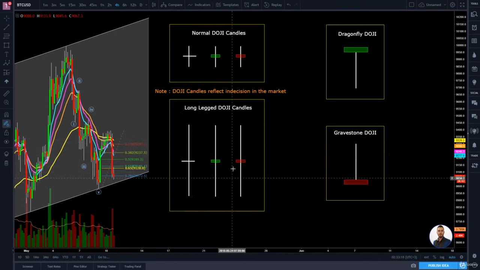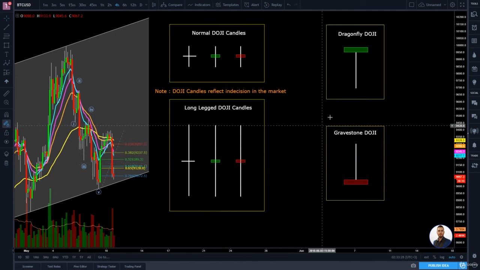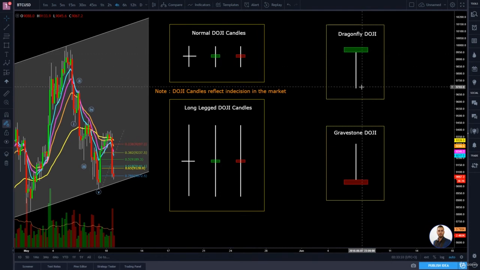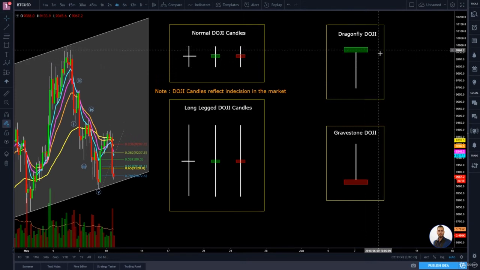After a crucial battle between the bulls and the bears, the end result showed little change from the initial open price. The dragonfly doji forms when the open, the close and the high are equal and the low is represented by a long wick to the downside. Dragonfly doji indicates that the sellers were in control and drove prices lower during this candle, but by the end of it, the bulls regained control over the bears and pushed prices back up to the opening level